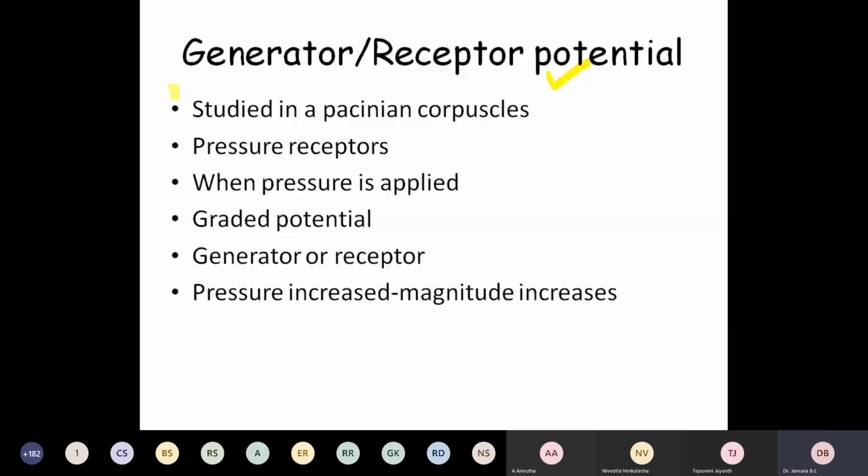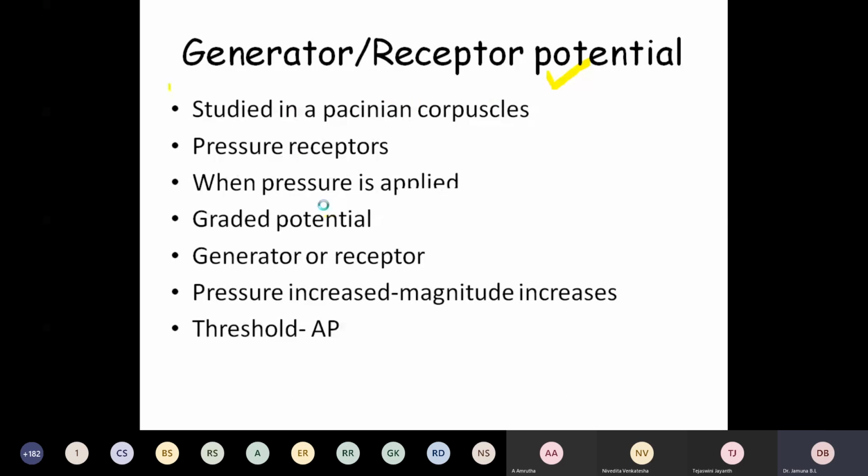If you have to tell the properties of a local potential or generator potential, you have to tell all this. It is a graded one, and it will not follow the all-or-none law. It is either depolarizing or repolarizing type, and it is non-propagative in nature. If the strength of the stimulus is increased, the magnitude will also increase. Once it reaches a threshold, the firing level, it produces an action potential. Till then it is a generator or